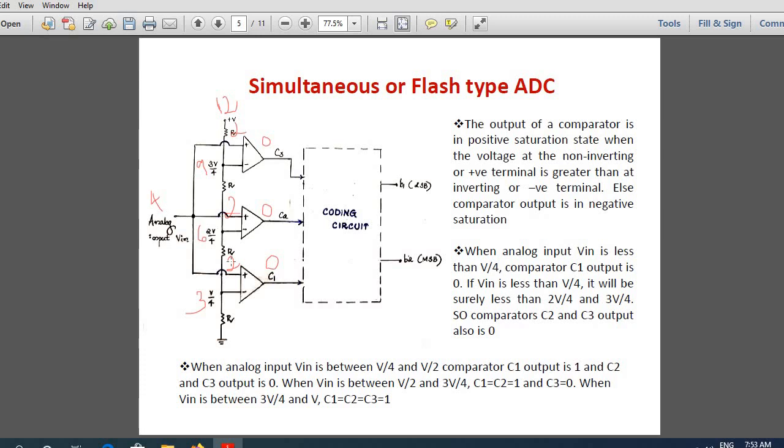4, okay. So all these become 4 volt. Here it is 4, here also this 4 comes, and here also this 4 comes. Now what happens? Positive voltage is higher here, so the output goes to positive saturation. So the output is logic 1 here, but it's again logic 0, here also it is logic 0. So that is what is written here.